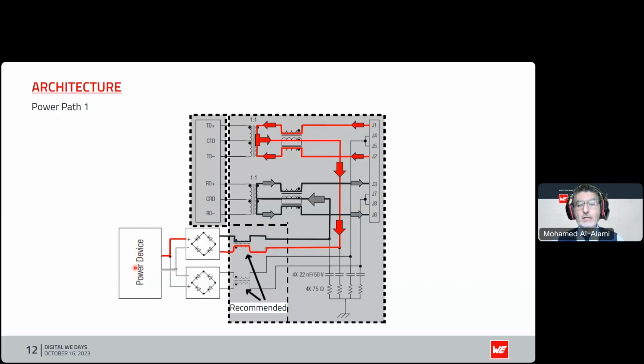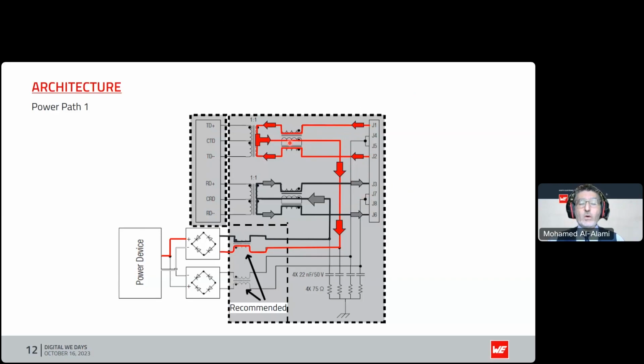So that is the path in, coming back, path out through the bridge rectifier and onto that gray line, as you can see, and coming back and splitting through the other two data pairs, and back to the PSE. So that's the route for the power transfer, be it through the data pairs as it stands, or as you will see me show you in a second, on the spare pair, I should say.